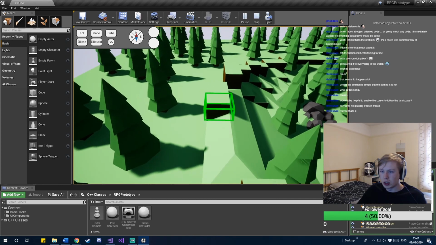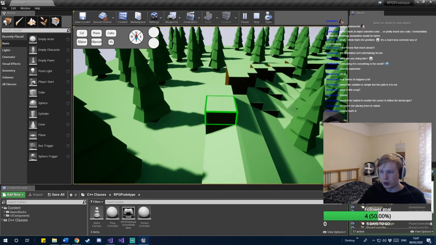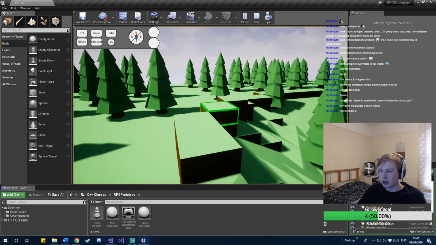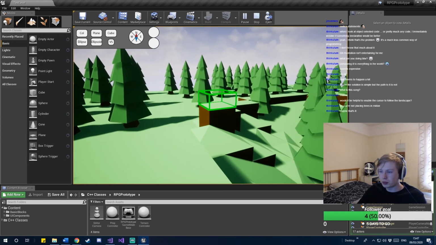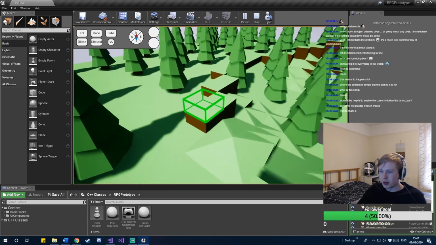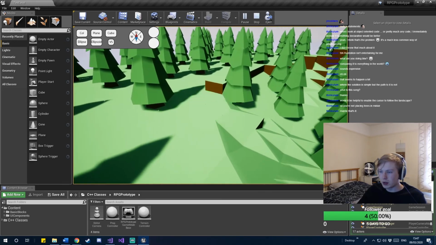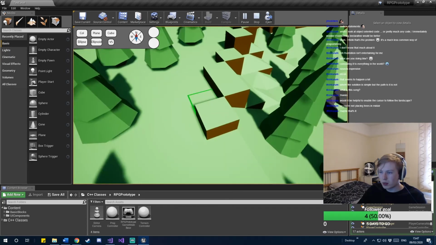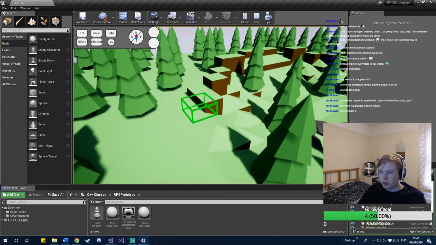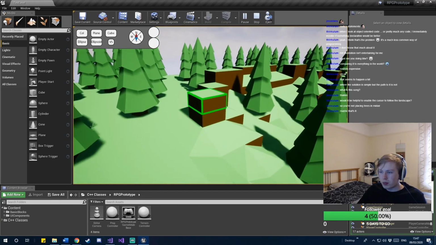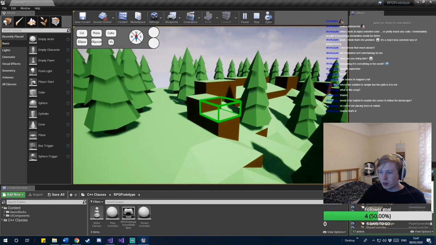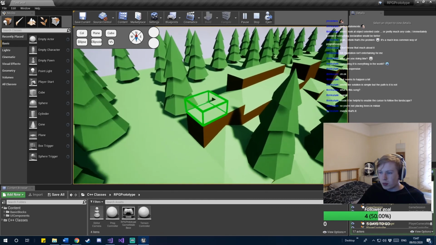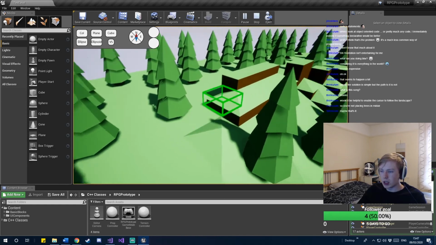Yeah, for some reason the UI isn't turning on or off now that I've just discovered a bug anyway, so I suppose that's a good thing. Sorry that it's taking so long, but yeah, if we get rid of